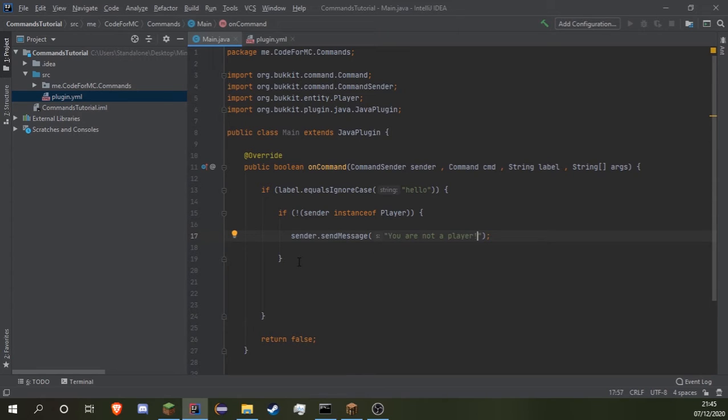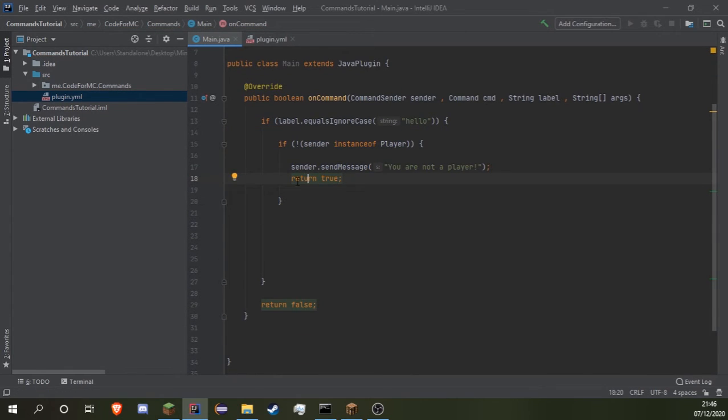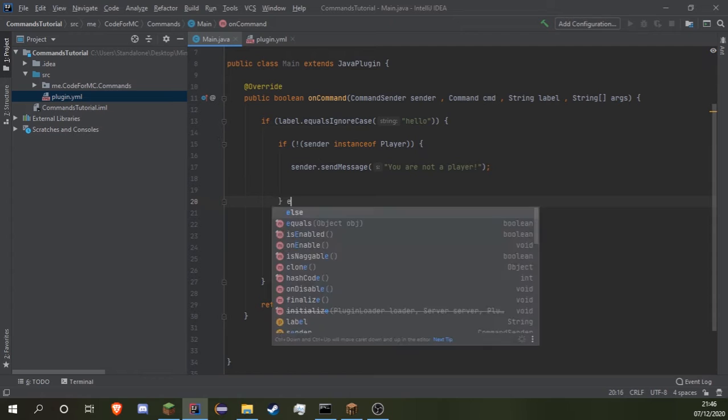Okay, perfect. Now, if it is a player, hold on, first things first actually, we don't want it to execute the code for if it's a player. Now there's two ways of doing this, to my knowledge. You can do else, and then do your code. Or you can do right here inside of here, return true, meaning that it will stop if it's not a player. I like to do else's, simply because they're more visual and you see it better, right? So else,